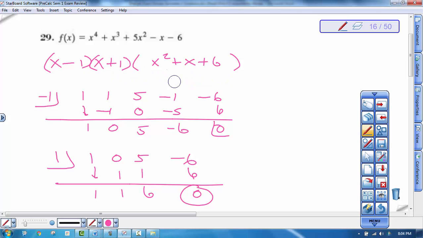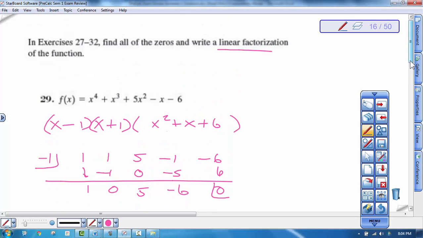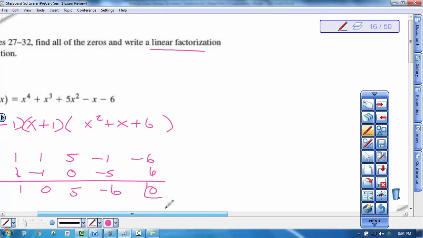So there's my factorization. Now, technically they wanted us to do a linear factorization, and this is what's called an irreducible quadratic. I know it's irreducible because it won't factor. It's shifted up, so it's got no real zeros. There's only imaginary or complex zeros that come from this quadratic. To find those, I guess I can just use the quadratic formula real quick. Opposite of b plus or minus the square root of b squared minus 4ac all over 2a. This would be -23 inside of here